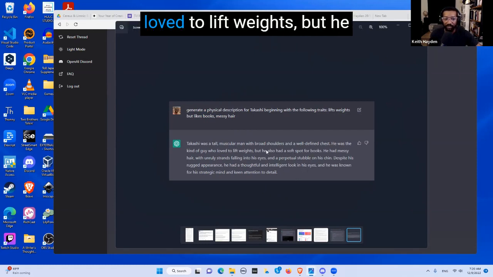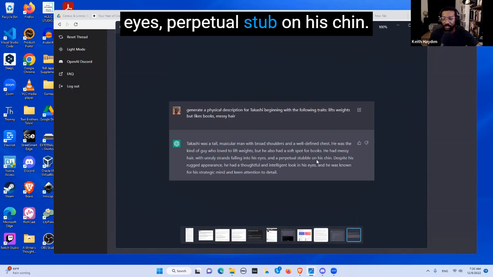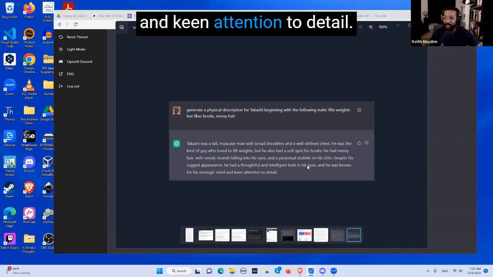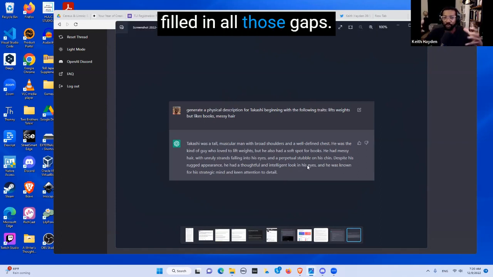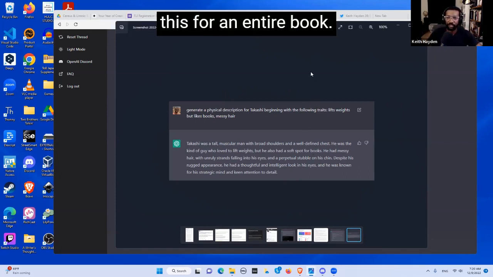He was the kind of guy who loved to lift weights, but he also had a soft spot for books. He had messy hair, unruly strands falling into his eyes, and perpetual stubble on his chin. Despite his rugged appearance, he had thoughtful, intelligent eyes. He was known for a strategic mind and keen attention to detail. So it just filled in all those gaps. And that's a huge time saver, right? Especially if you're doing this for an entire book.